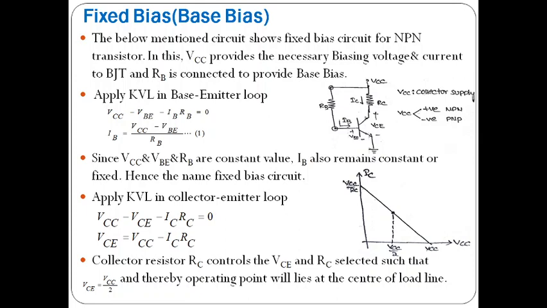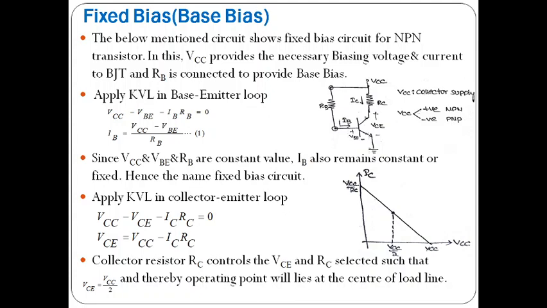line. So here you can observe it looks like a DC load line graph. To keep the operating point at the center of the active region, we need to take the middle point on the DC load line. So what could be the middle point on the 0 to VCC scale? VCC by 2. So we can make the VCE point stable by choosing VCE equal to VCC by 2. Thereby the operating point lies at the center of the load line. So now VCE is present at the center of the load line.